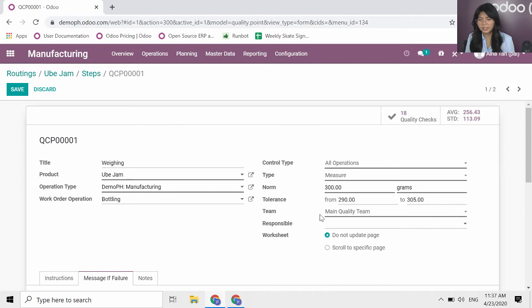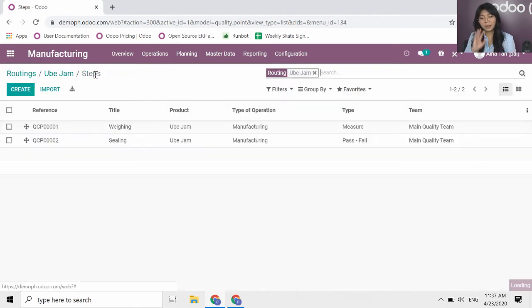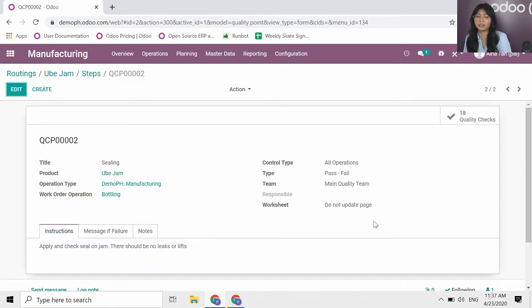Okay. So, once I have that, I'm gonna go ahead and click on save. Tapos, para ipakita lang sa inyo, yung next step ko naman is yung sealing. So, yung sealing ko, pass and fail naman siya. So, dahil in our manufacturing order number 8, natapos na tayo sa ating jam making, ipapakita ko naman sa inyo